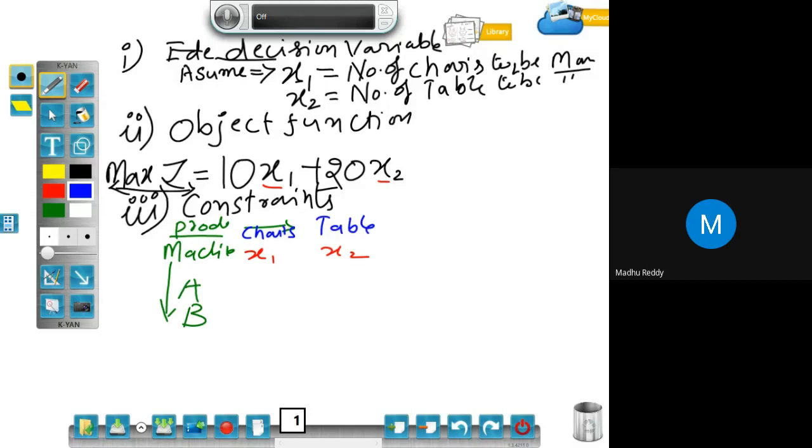So to manufacture a chair, how much time does it require? 2 hours. The same way, a table requires how much time? 5 hours. And on machine B, 6 hours of time is required to manufacture a chair, but no time, that is 0, on B. So one more thing, we will specify the